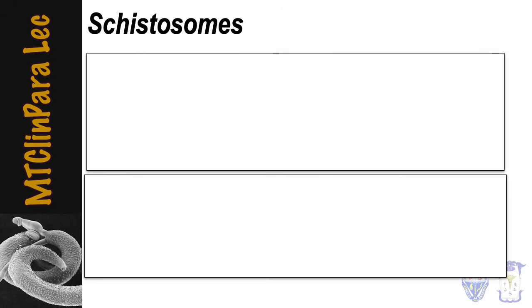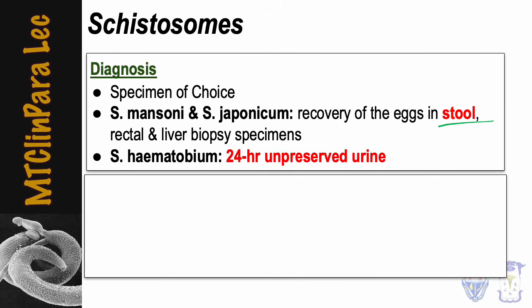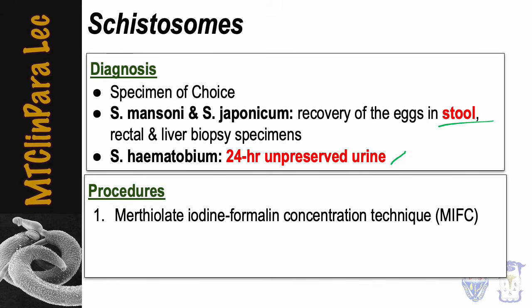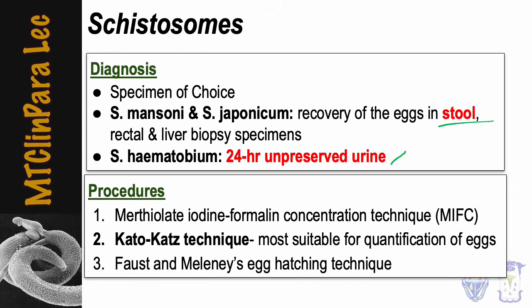For the specimen of choice for diagnosis of schistosome, for S. mansoni and S. japonicum, this is stool for the recovery of eggs, while rectal and liver biopsy may also be used in ectopic cases. For haematobium, 24-hour unpreserved urine is the best sample. Procedures may include the merthiolate iodine formalin concentration technique or MIFC, the Kato-Katz technique for quantification, and